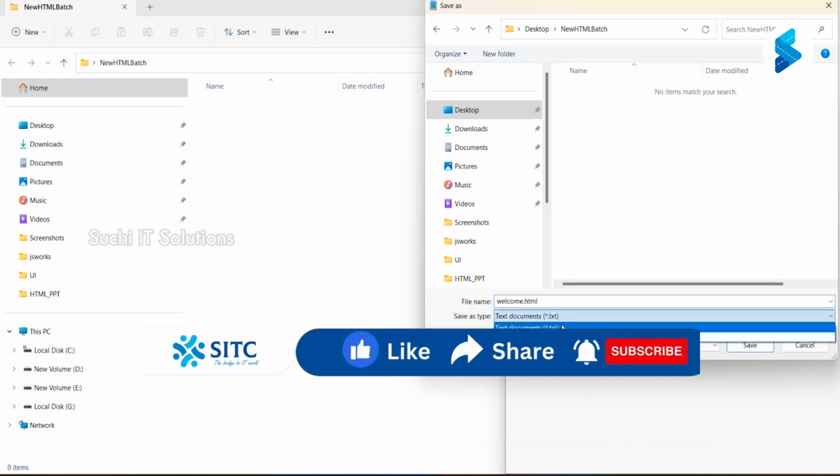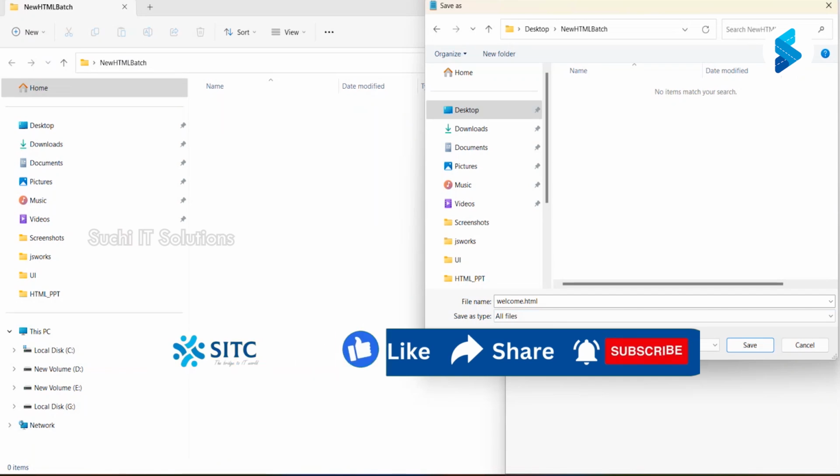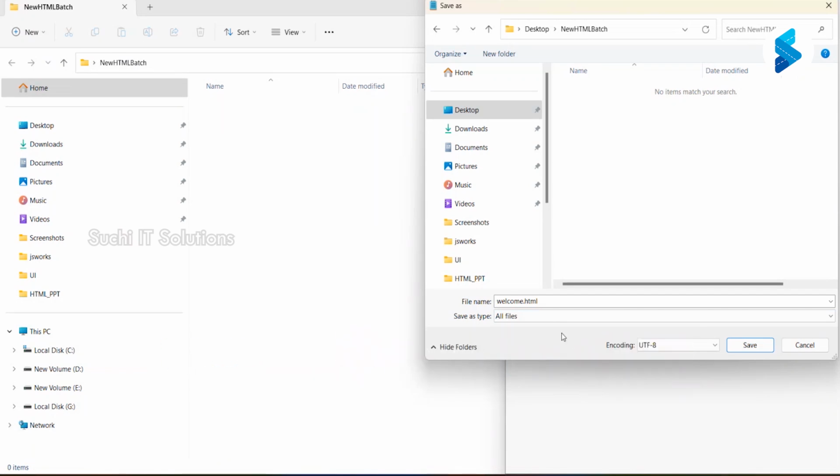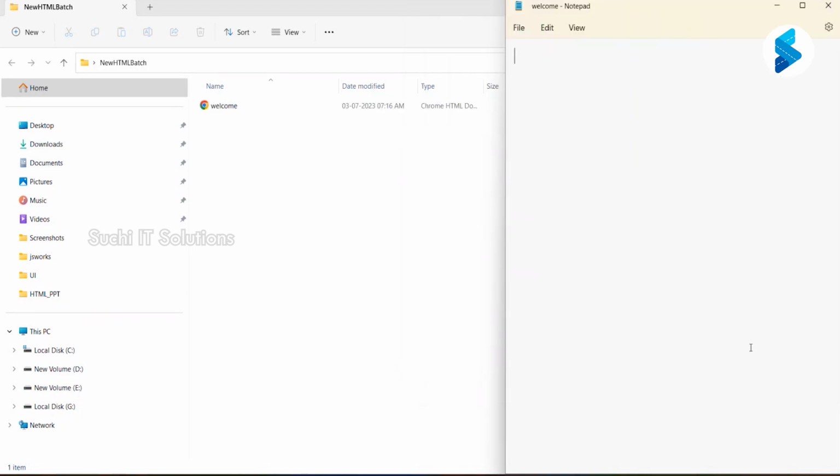So what is the purpose of the extension? Easily recognizing that file, right? If it is a Java file, .java. Forget about the technology. Word document, DOCX, right? PowerPoint presentation, PPT. Excel, XLS. Based on the extension, you can easily recognize the file. Similarly, for HTML recognition, we use Welcome.html. Whenever I save this one,